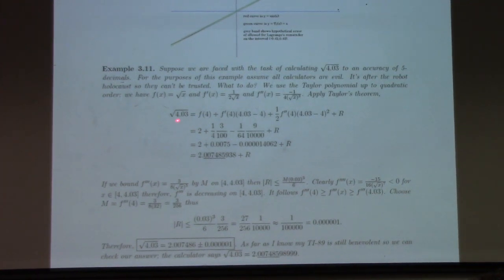So here I calculate the 2nd order quadratic approximation to the square root. And I get this. And I bound the error looking at the 3rd derivative. And this shows that it works. All right. So anyway, what I'm trying to tell you here